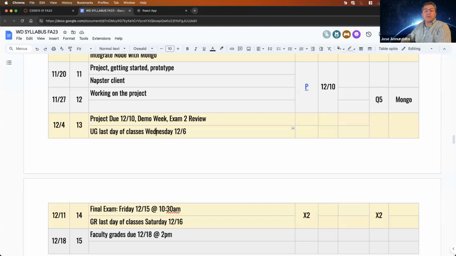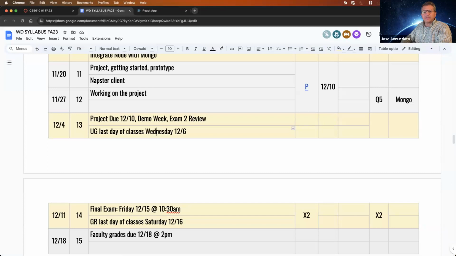But I would say that the ideal team size is anywhere between 2 and 3. I think 4 is already a little bit too big. 5 I think is unmanageable. But again, if there are cases where folks have been working together for a while, they know each other, perhaps in other semesters and other courses, then that's fine. But the maximum team size is 5.